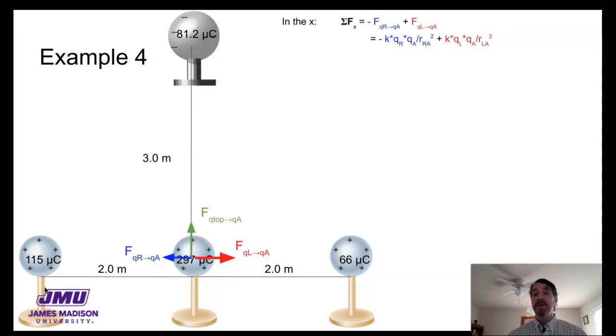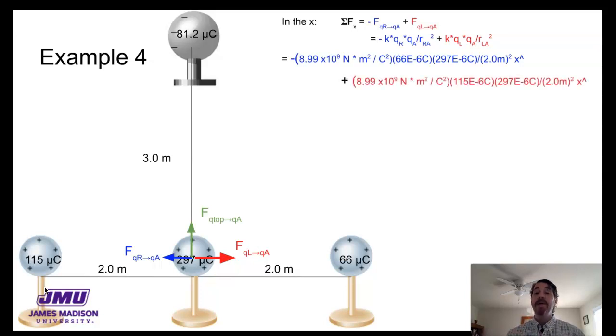And I'm adding to it a force that is pointed in the rightward direction, k times Q left times QA divided by r_LA squared. If we put numbers in, we know the value for k is a constant. That's 8.99 times 10 to the 9th newtons times meters squared per coulomb squared. I know Q right is 66 microcoulombs. I know QA is 297 microcoulombs, and I know the distance from the charge on the right to charge A is 2 meters. So I very carefully put all of that in and say that is happening in the negative x hat direction,